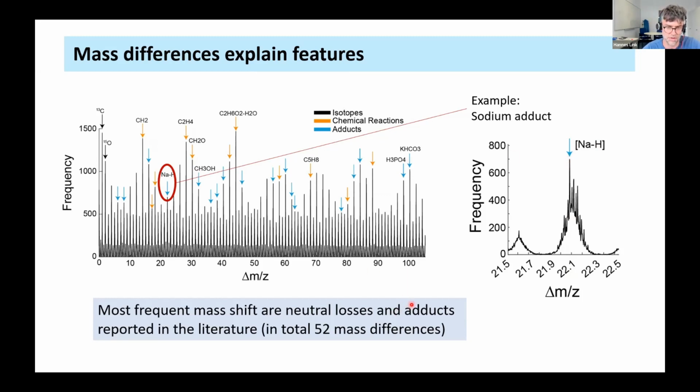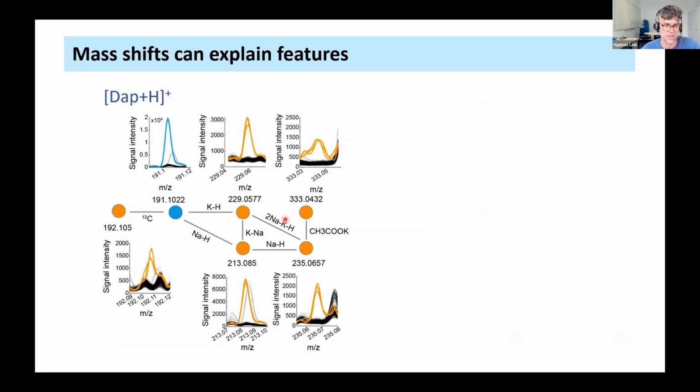Then we went through the literature and through databases to explain all possible, or many of, these mass shifts. In total, we find that we can explain 52 of the mass shifts that we see in our spectra. We went on with these 52 mass shifts and tried to explain all of these significantly changed ion peaks that you see here.